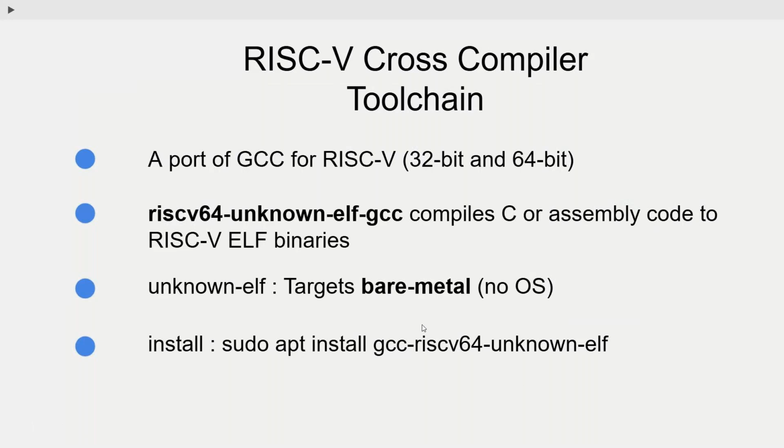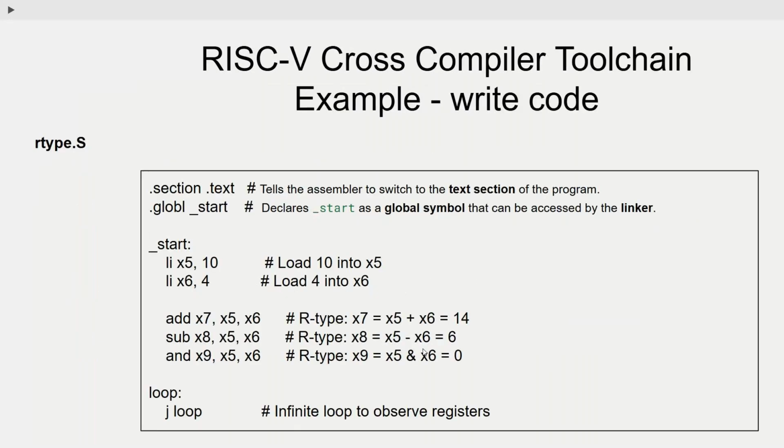When I say riscv64-unknown, in the sense that what I am building is for a bare metal OS. I'm not building for Linux or any platform. It is for bare metal, not for any operating system. So you have to install this particular toolchain, and we will be experimenting with various experiments, maybe initially